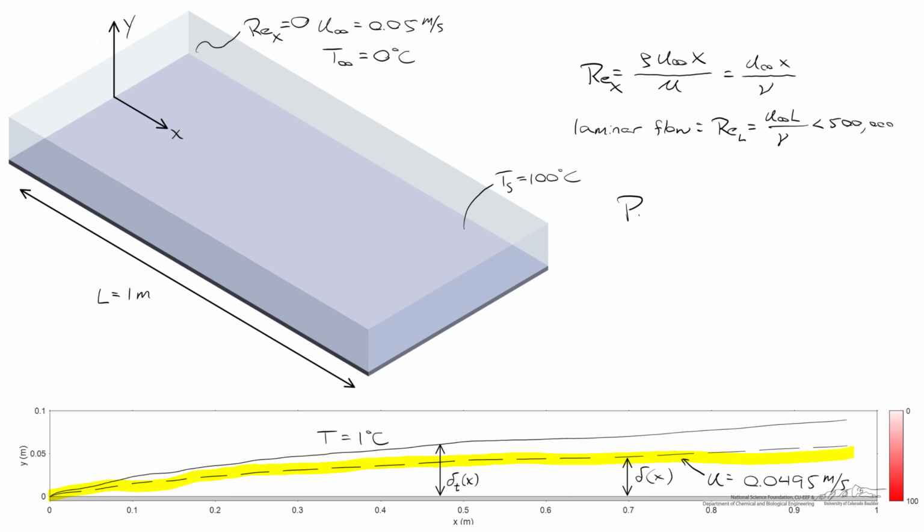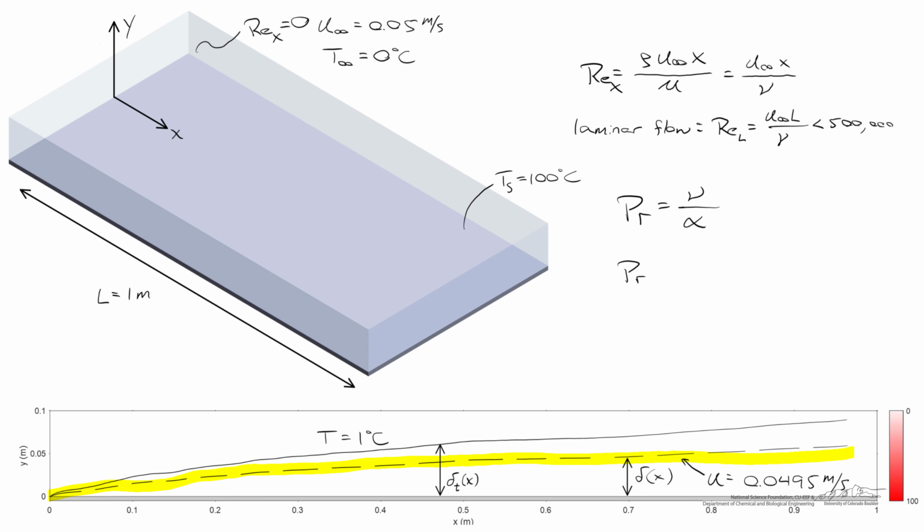Another dimensionless quantity we need to define is known as the Prandtl number. The Prandtl number is the ratio of the kinematic viscosity divided by the thermal diffusivity. So fluids that tend to have a low viscosity and a high conductivity would tend to have relatively low Prandtl numbers. Something like this might be mercury, for example. On the other end of the spectrum, fluids with a high kinematic viscosity and a low thermal diffusivity will tend to have very large Prandtl numbers. An example on this extreme would be something like motor oil or olive oil.